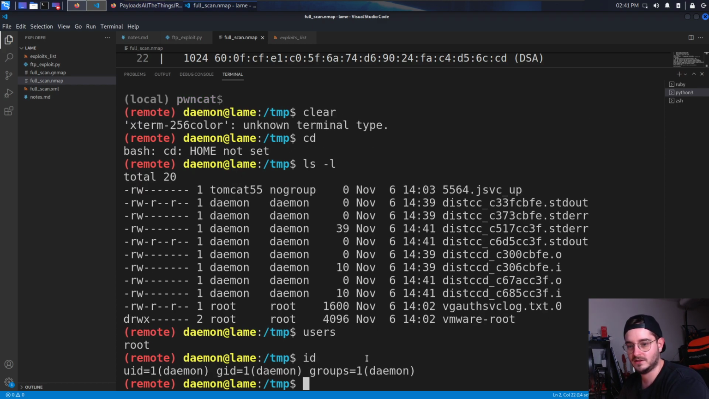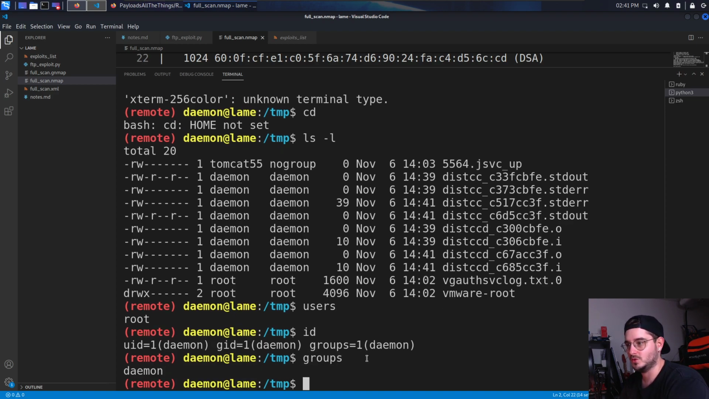What's our ID? What groups are we in? Can we sudo? No, we can't. Okay, so we are the daemon, and the next step is to elevate our privilege to something else, which is what we're gonna do in the next